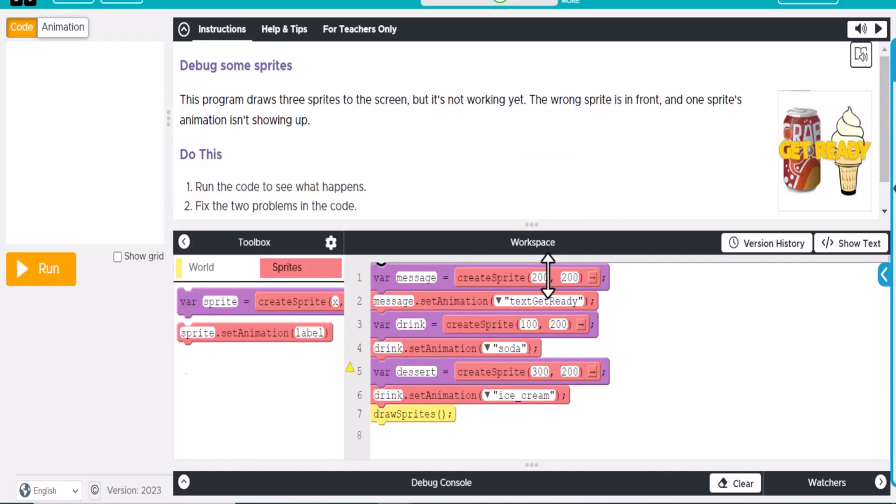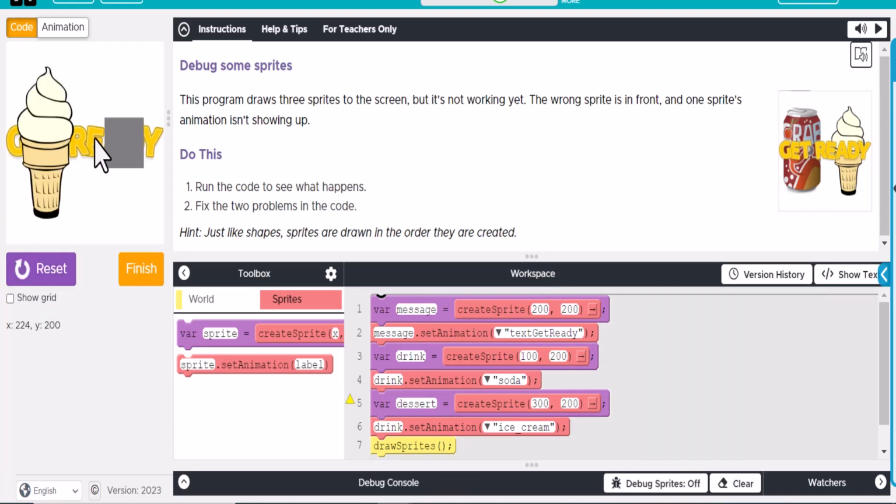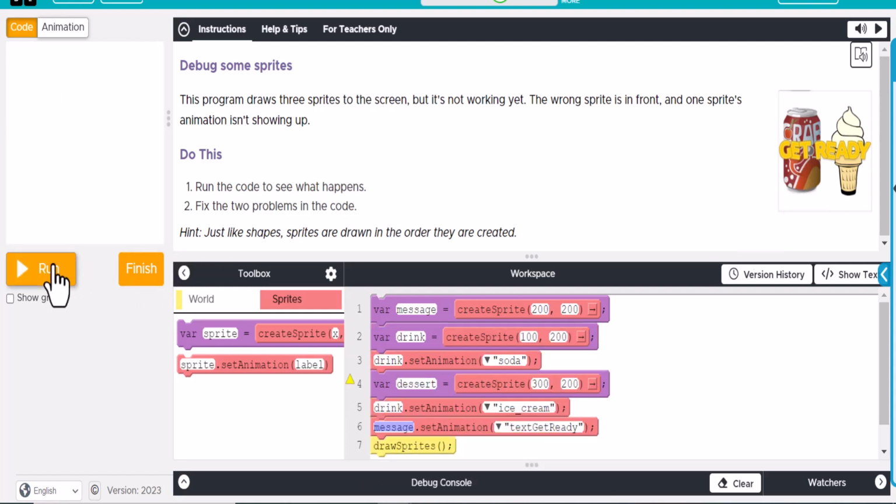So now for this activity, if you notice, we want to get ready in front of those 2 and run the code to see what happens. Notice this is in the wrong spot and we need a soda can. So if we look, we got the message, and this message actually needs to be in front of this. Okay? And it does this in order. So let's go ahead and move get message to the bottom, because we're going to want this to be over the top of these. If I run it right now,